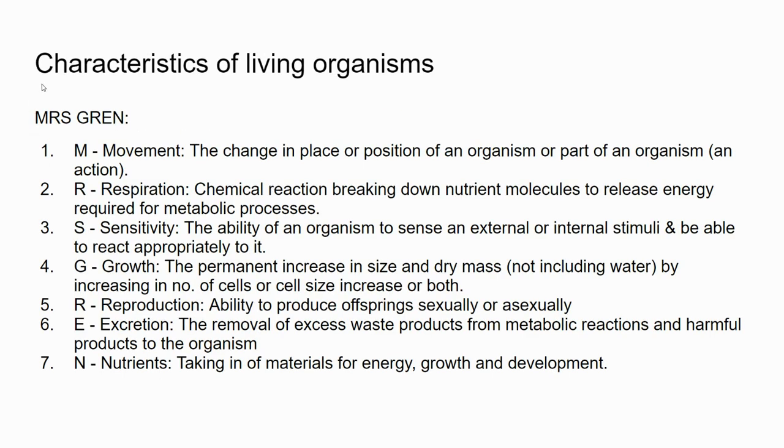So we have the characteristics of living organisms, and these characteristics are abbreviated by the term MRS GREN. So in order for something to be alive, they must be able to fulfill these seven characteristics. I mean, you can also see another variation to this, MRS GREN or MRS C GREN, where you have the extra C, which is the cell or the new updated version,